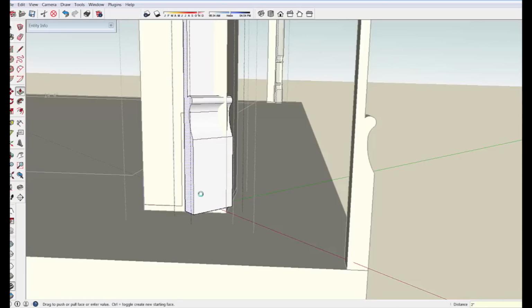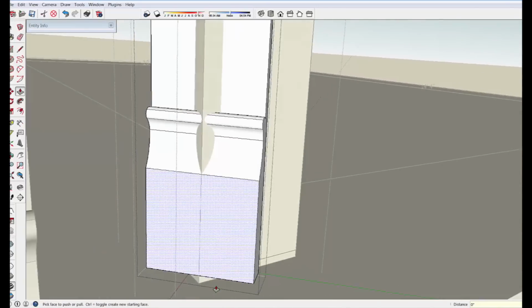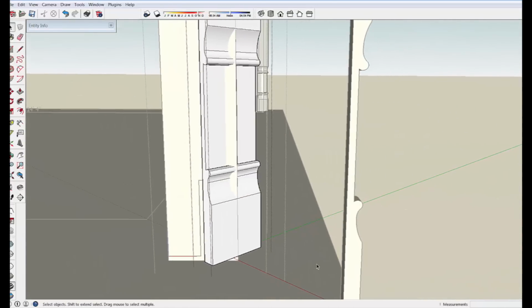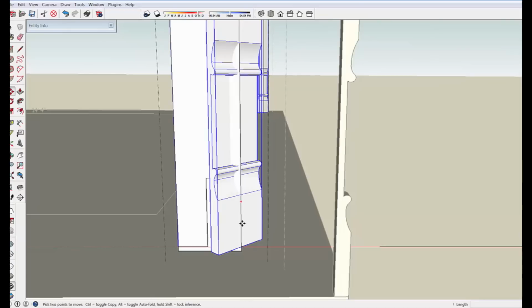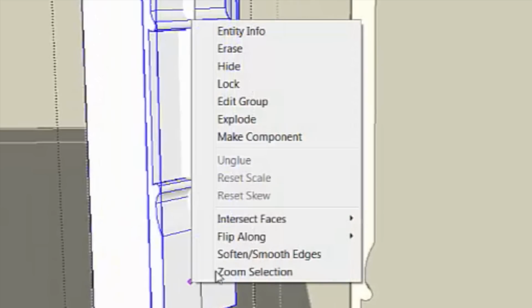Let's just pull them out 2 inches because it doesn't really matter. You'll see later how this works out. Okay. And I think that's going to be a pretty good detail. So I'm just going to slide this up to